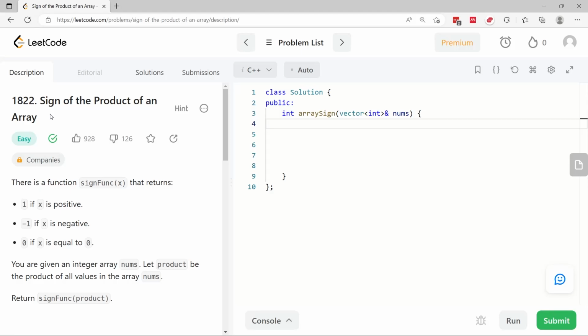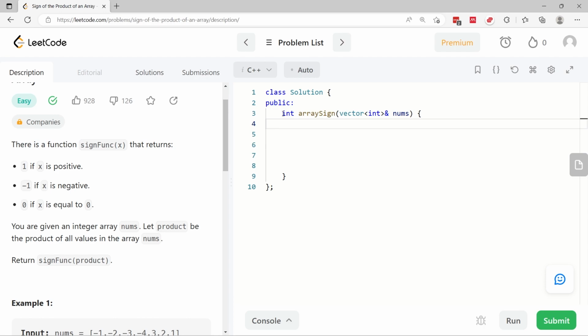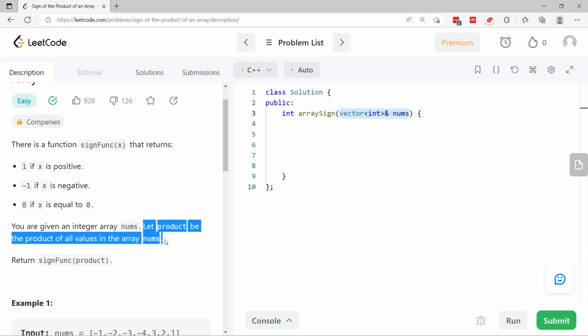Let's solve sign of the product of an array. So we have a function. It's called arraySign. It has a parameter, which is a vector of integers by reference. It's called nums. And we have to find the products of all the values in the array and determine the